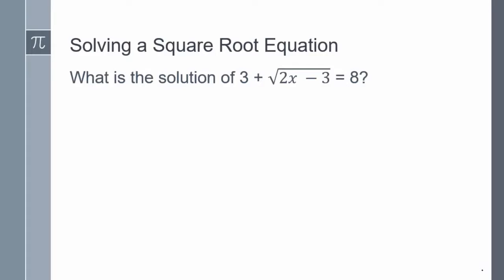In this example, we are solving 3 plus the square root of 2x minus 3 is equal to 8. Step 1. Isolate the square root by subtracting 3 on both sides. We now have the square root of 2x minus 3 is equal to 5. Square both sides to get rid of the square root, to get 2x minus 3 is equal to 25. Add 3 on both sides to get 2x is equal to 28. Solve for x by dividing by 2 on both sides to get 28 divided by 2, which is equal to